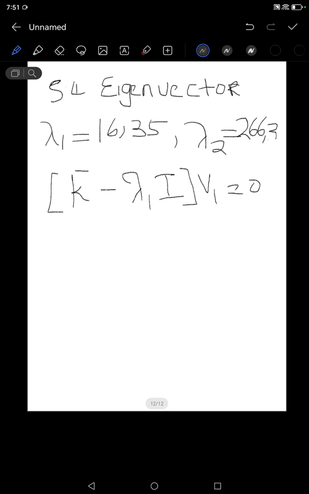V1 is a vector, which means we're working v1 with lambda 1, which is 16.35. So we're going to substitute the normalized stiffness and I. Remember I said it's 1 0 0 1, and then we have the value of lambda 1. Our normalized stiffness was 141.3 and negative 125,